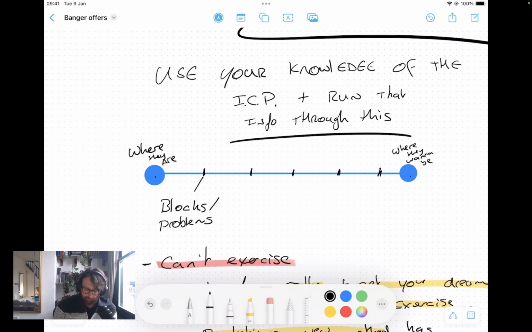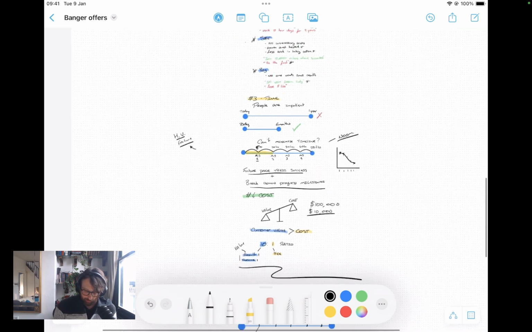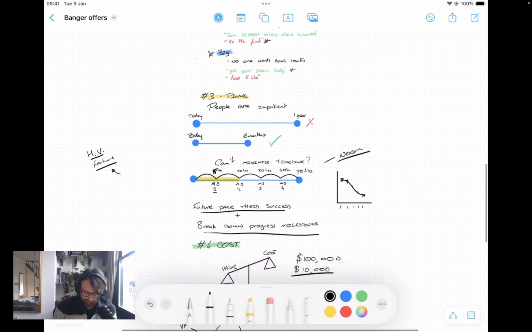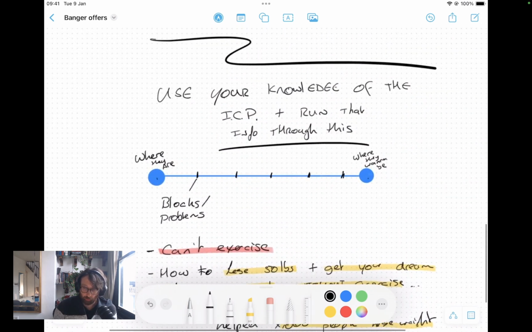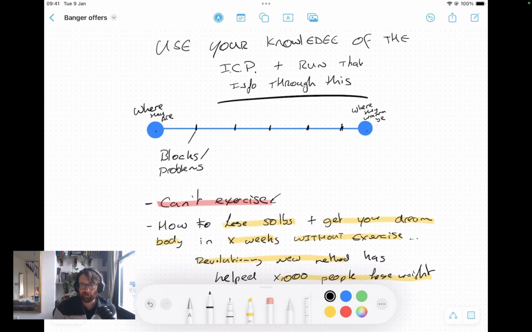And you then take these guidelines for this offer, and start building your solution around those things. So if we say somebody can't exercise, maybe they have a health issue, which means they can't exercise or whatever it might be. You could say, oh, how to lose weight without exercise. That's a basic offer. But then think about all of those different elements. New, easy, safe, big, the big transformation that they want to achieve. What is that? New, easy, safe, big, we've got the timelines, and then we've got the cost ratio, right?